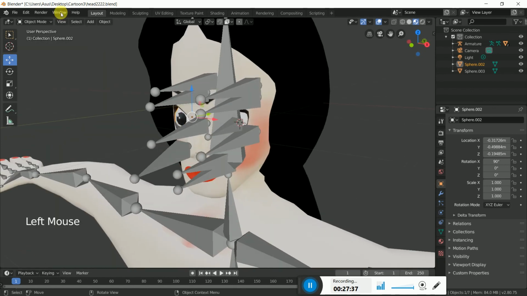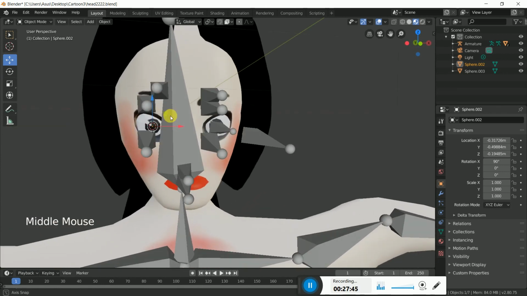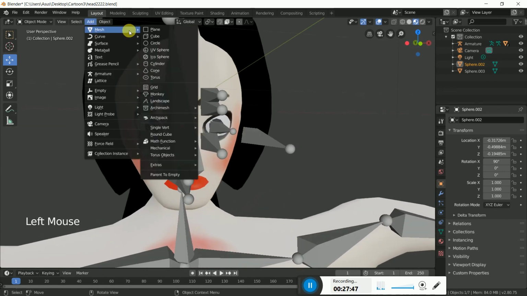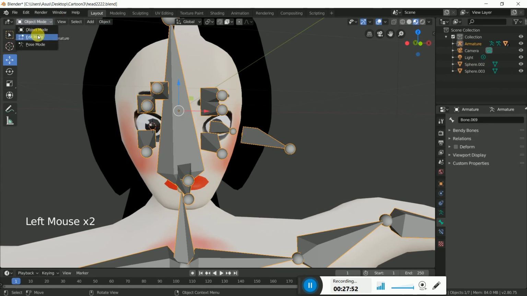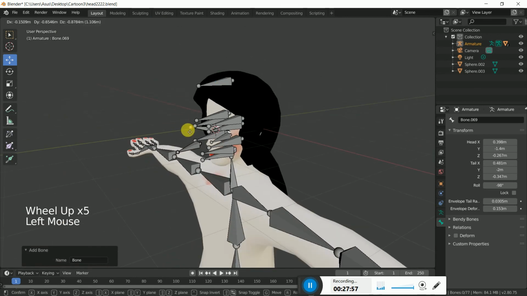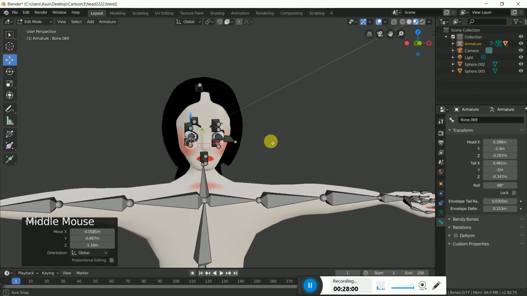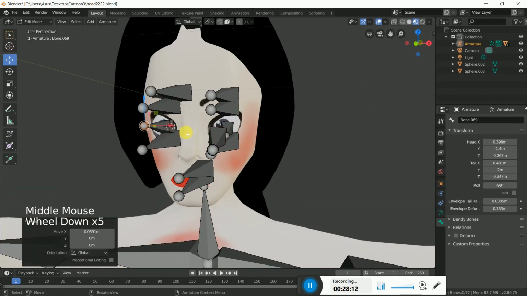Just select the eye and shift S, cursor to selected, and create one bone, add. We should be in the edit mode, just select the bone in edit mode. Now add single bone, and we need this bone to be straight and inside the eye. This should be like this. Now this bone needs to be deformed,